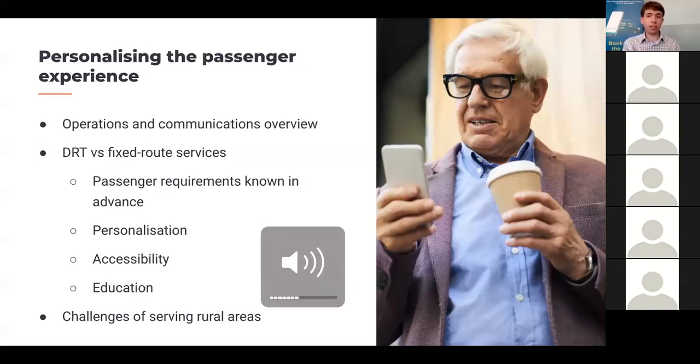And personalisation and accessibility come in together too. So personalisation is really key for the confidence of those with additional needs. Passengers know that if they book a wheelchair seat, they'll get it, and they'll not have to wait for the next bus, which may be an hour away in rural locations. And roughly 5% of our passengers last week requested a wheelchair space, which is a substantial percentage, and it's higher than the number we'd normally get on our fixed route buses.